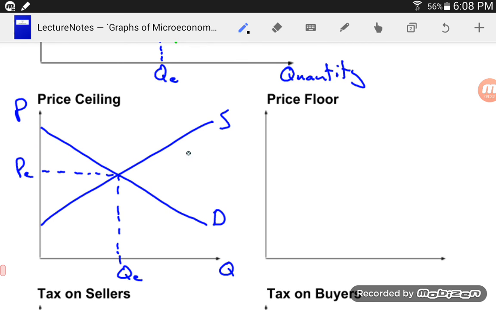So if we put a price ceiling up here, well, it wouldn't really do anything. Up here, the market price is below that price anyway, so the ceiling wouldn't do anything. If we were to set a price ceiling down here,